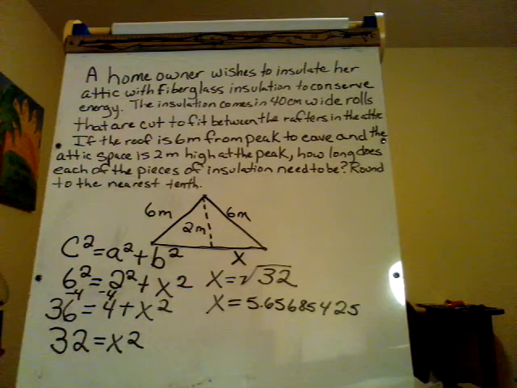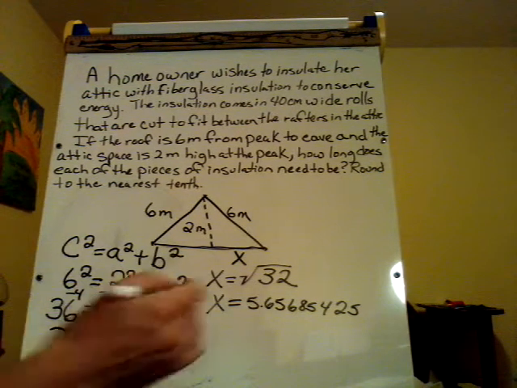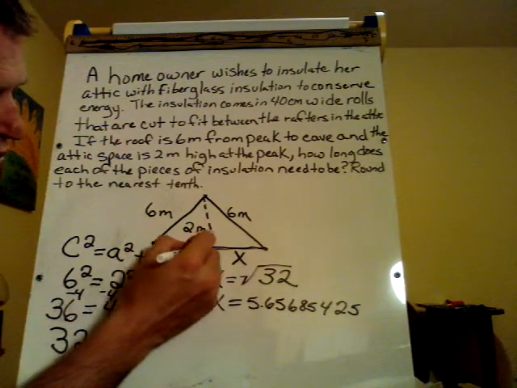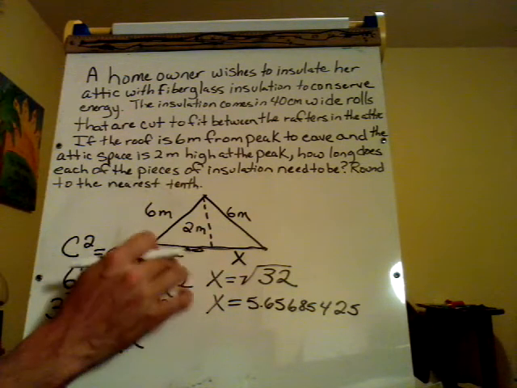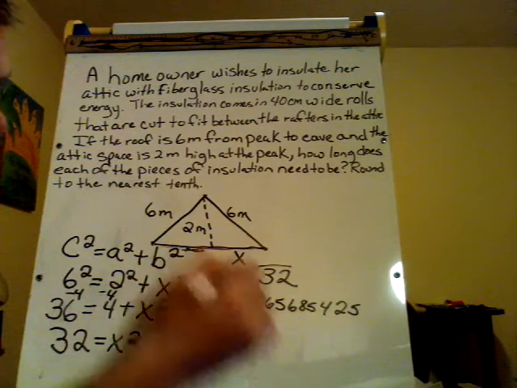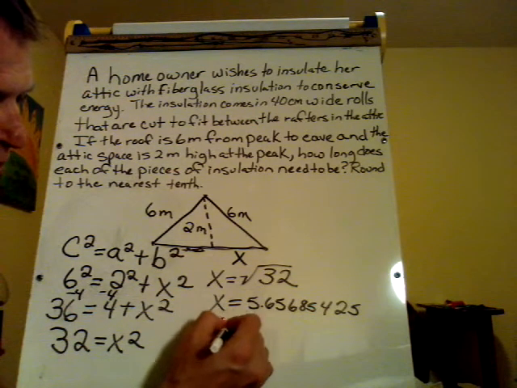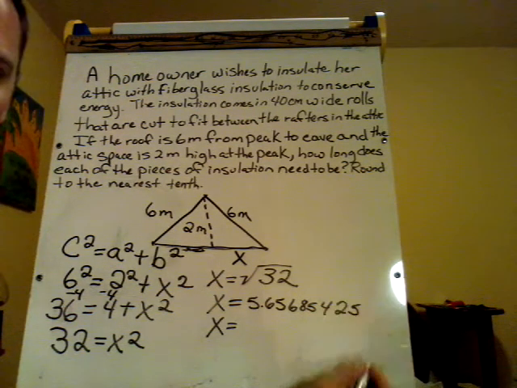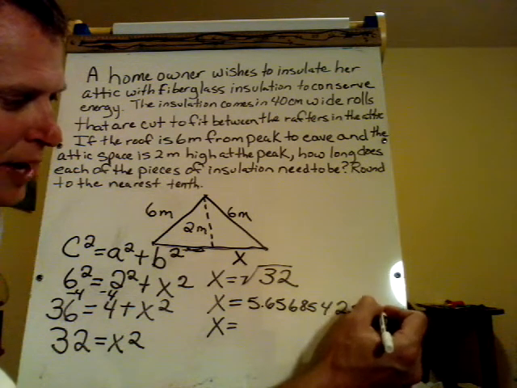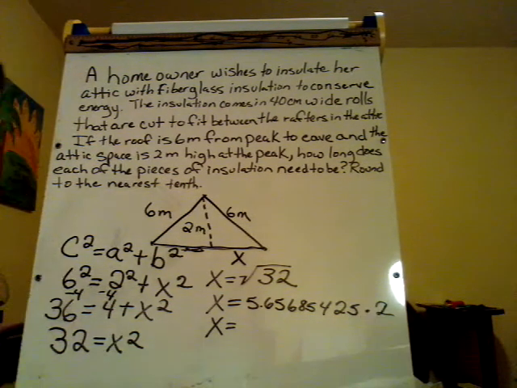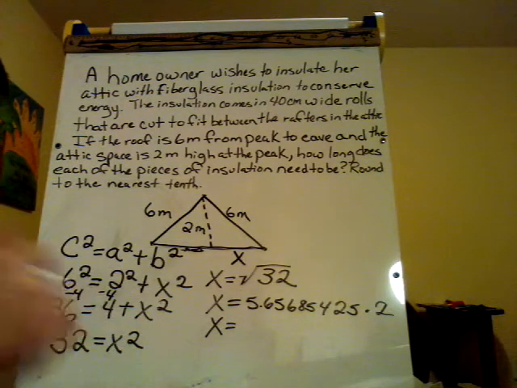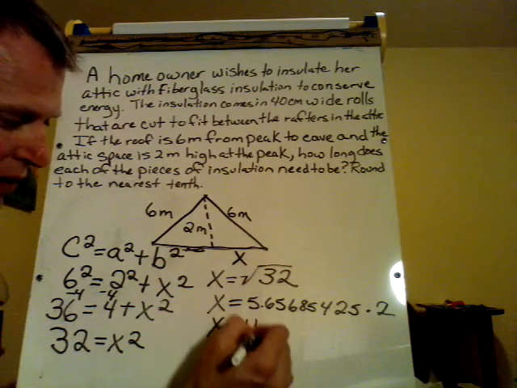Now, if we take that and multiply it by 2, because we need this portion right here as well for X, the easiest way to do it is to multiply this by 2. So we can take this value right here and multiply it by 2, and we'll get X equals